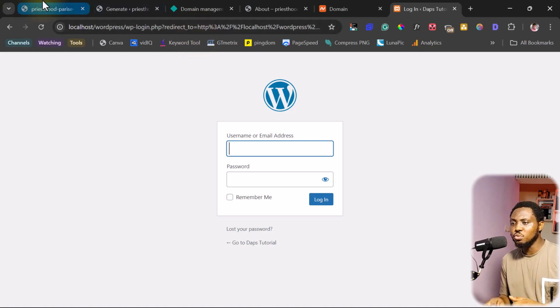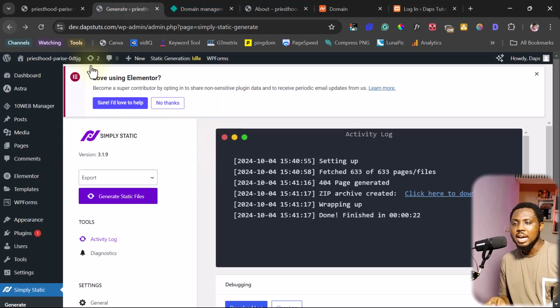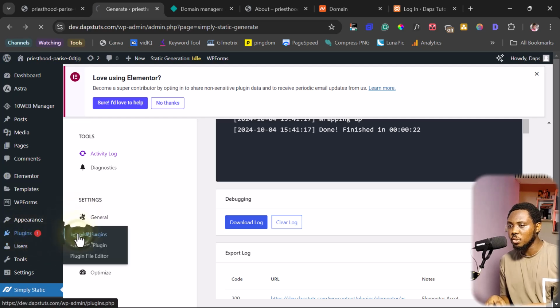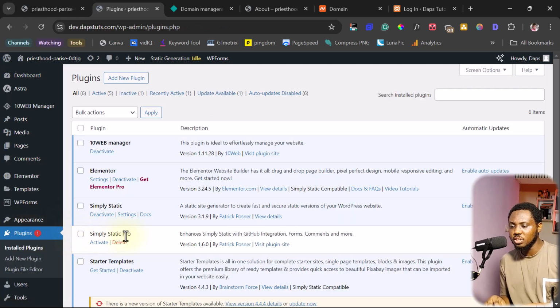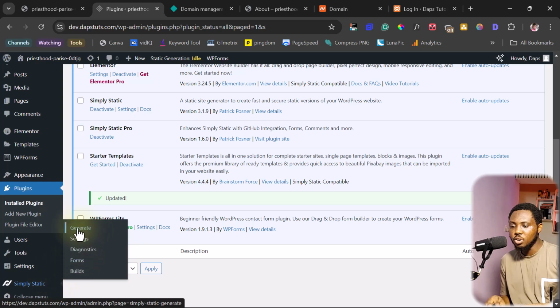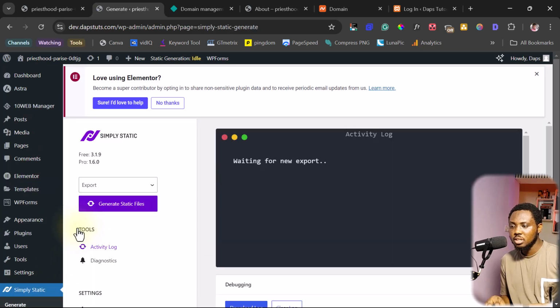So once you do that, you can then come back to your WordPress, and I would also recommend that you install the pro version of Simply Static. You can invest in that, it would help you a great deal. So if I come to plugins and come to install plugin, I have the pro version installed earlier, so I can activate it. And now if we come back to Simply Static and then we come to generate,